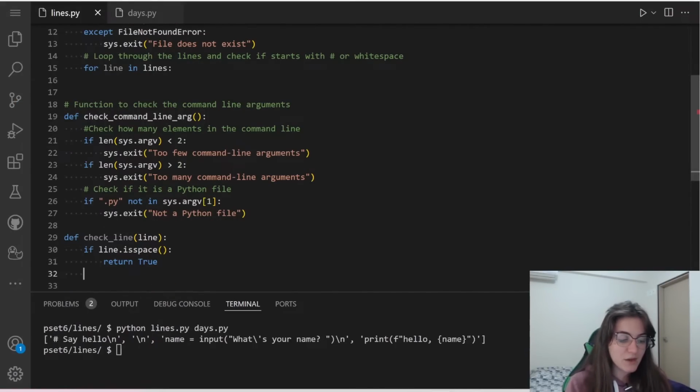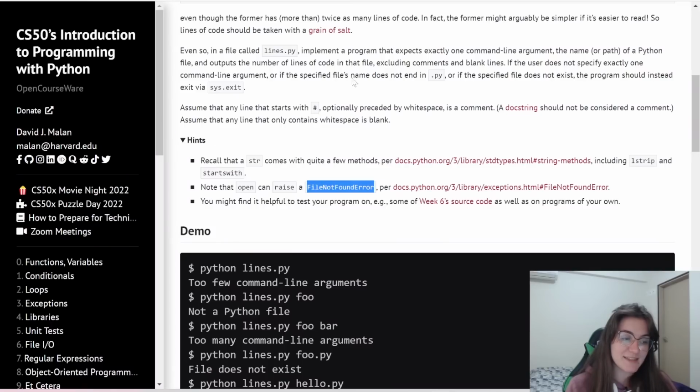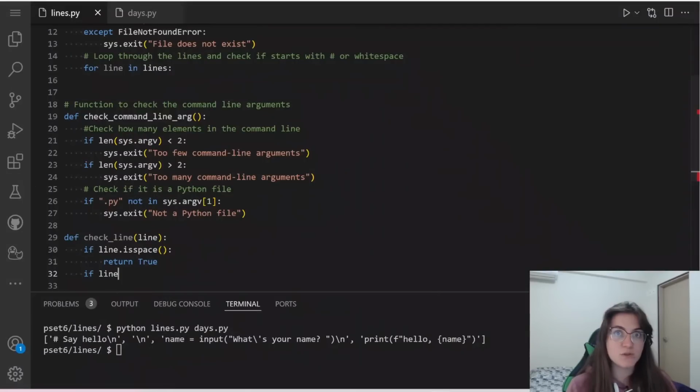The other condition we're gonna do is this: if line, we have to check now if the line starts with a hash, all right? But we can have multiple cases here. In CS50, they are telling us to use the lstrip and the startswith, okay? So why are we gonna use this lstrip? We're gonna use this lstrip to remove